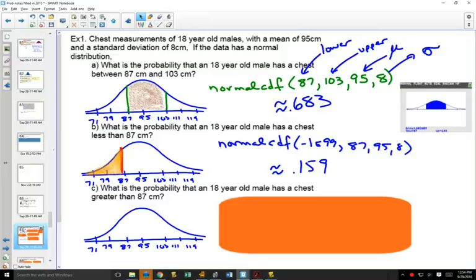What is the probability that someone has a chest size greater? Well, if we draw that in,